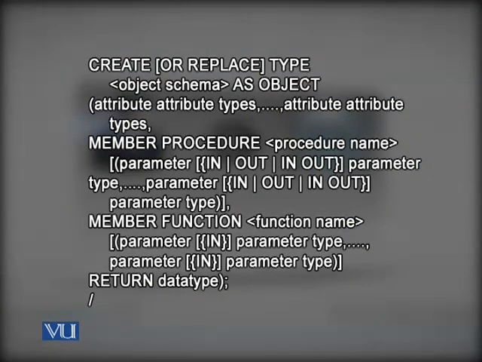Same is the syntax for defining a function. The only difference between the procedure signature and the function signature is that, because we know that a function also returns a value, a procedure does not return a value. It only performs something for which it has been defined, but it does not return a value. However, if we want to return a value through a procedure, we can do so if we include one, two, or as many parameters as we need as out or in out. So this is the way to return some values from the procedure.